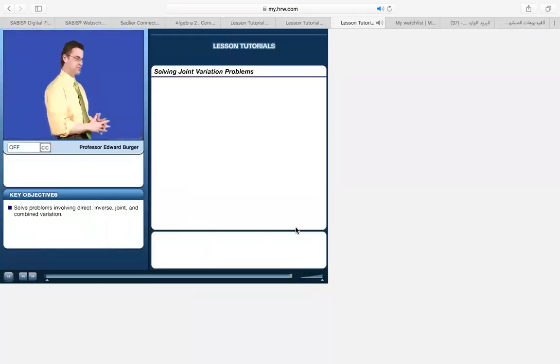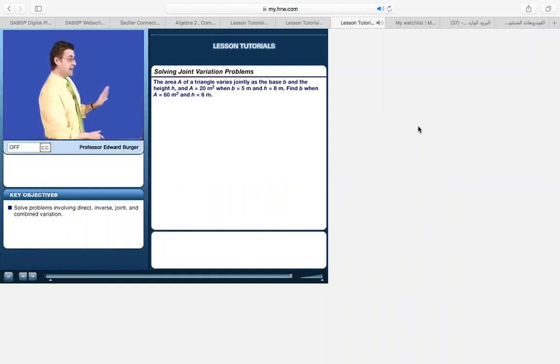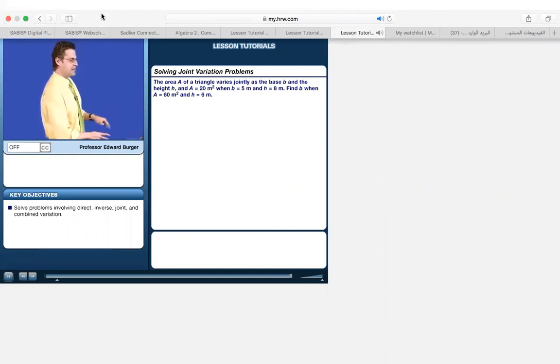Hey, here's a fun one. Let's take a look at this one together. The area A of a triangle varies jointly as the base